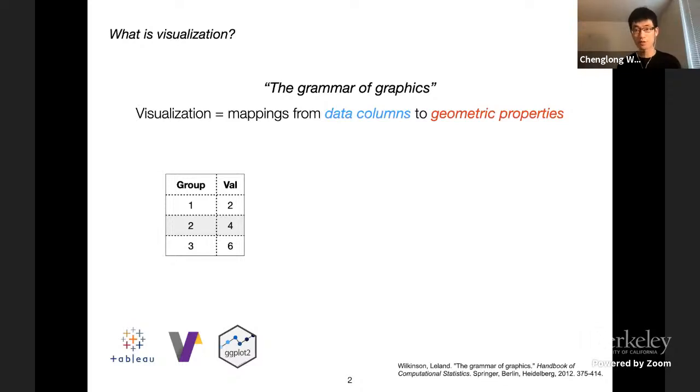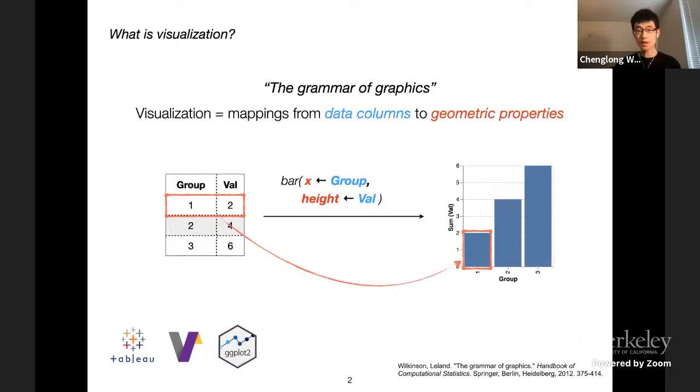So what does this formalization mean? It means that when you want to create a data visualization, you can specify it as mappings. Now we have an example data with two columns, group and value. If we want to create a bar chart that shows, for each group, a height to show its value, we can define this as a function by mapping the group column to x positions of bars and mapping the value column to heights of the bars. And what we get is a bar chart. As you can see here, this mapping is able to map each row into a bar in the bar chart. So in general, this is a powerful way of defining visualization and has made visualization very easy.